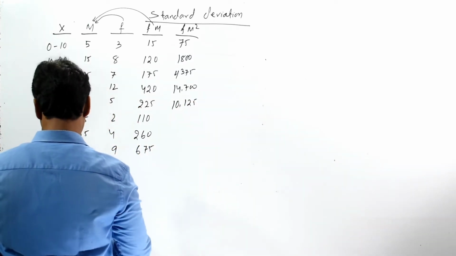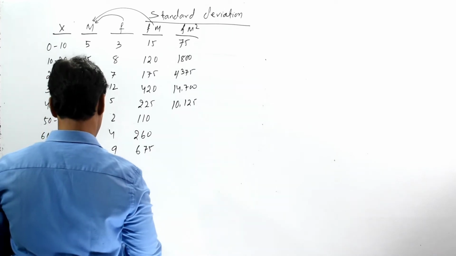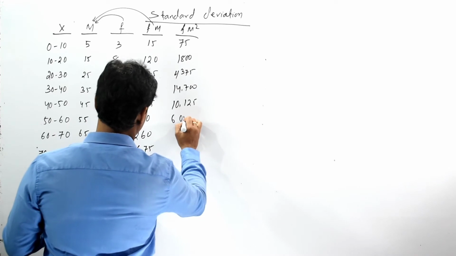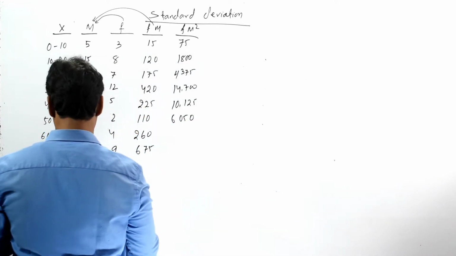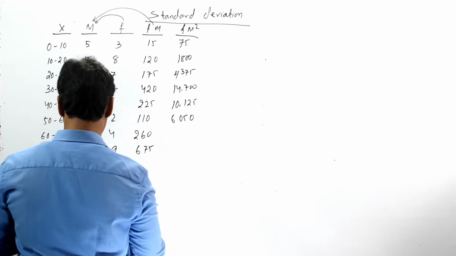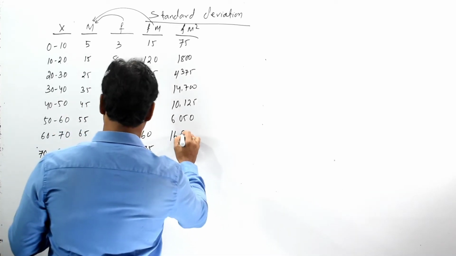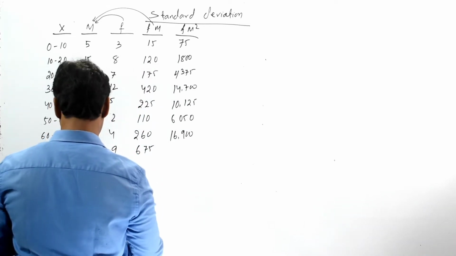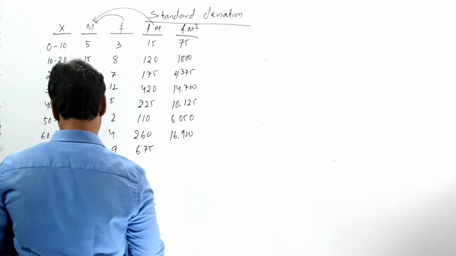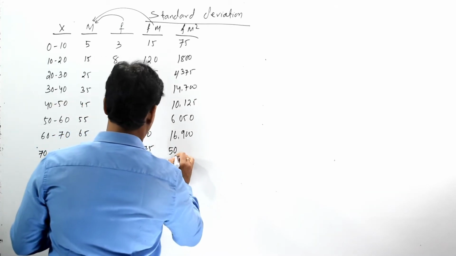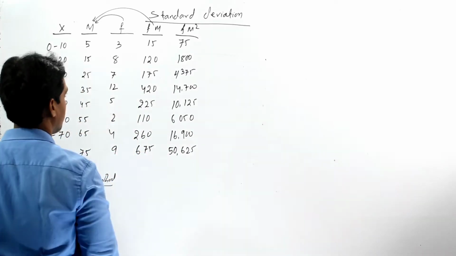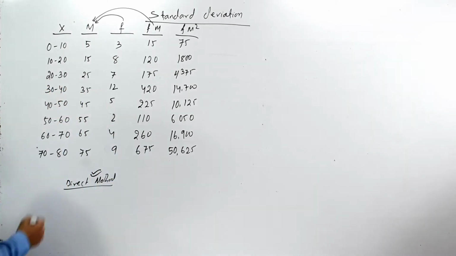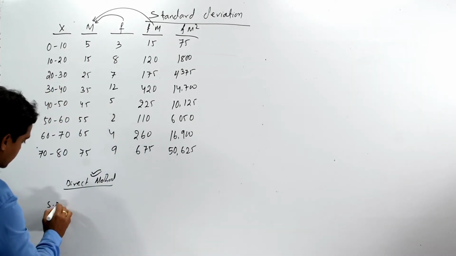then 55 into 110 equals 6,050, then 65 into 260 equals 16,900, 75 into 675 equals 50,625. So in order to find out standard deviation by using direct method, that is our SD or standard deviation,